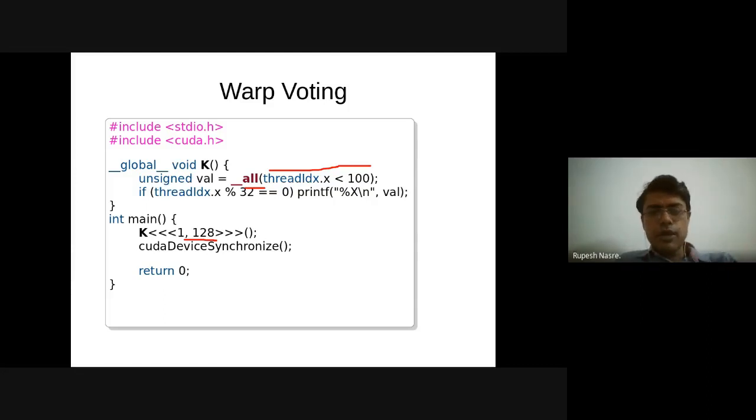Okay. So what will be the answer to this question? Output of this program? Okay, let me ask you in this manner. How many lines will be there in the output?